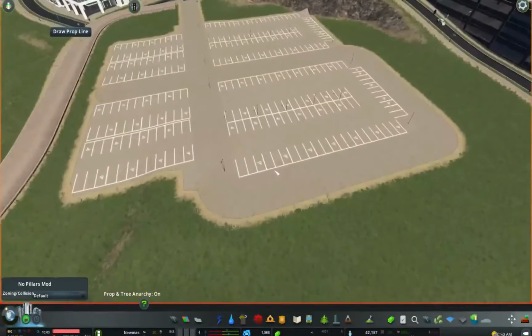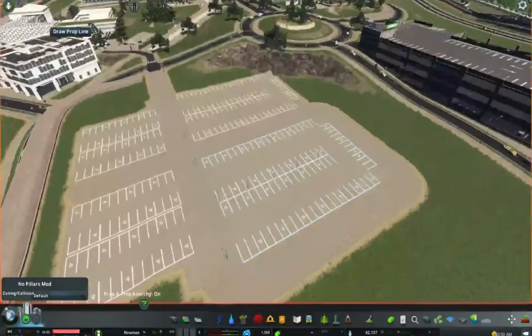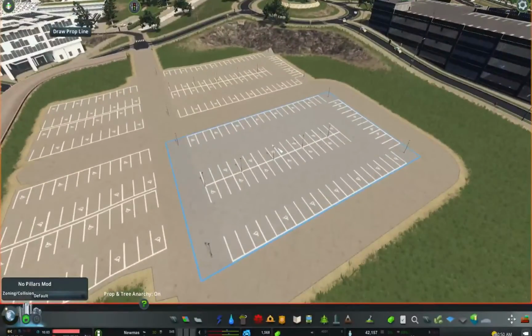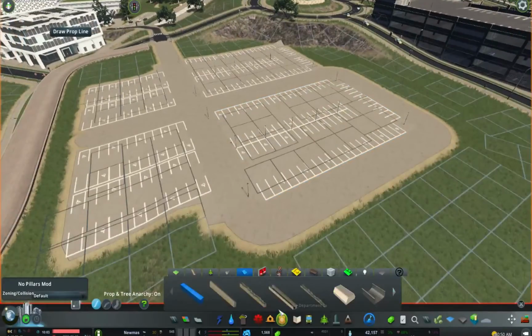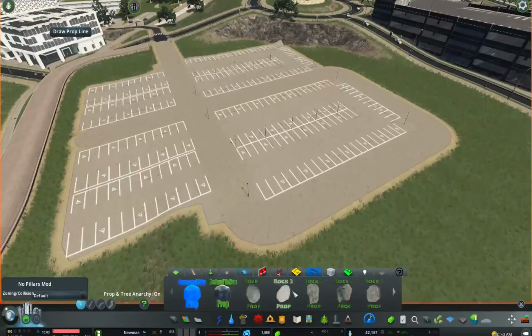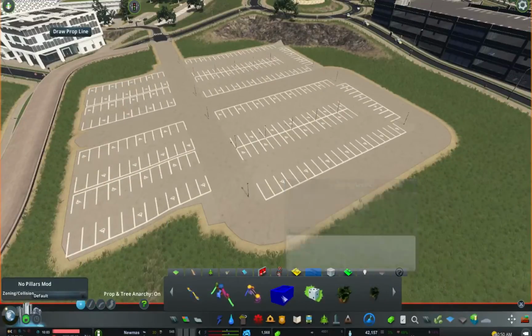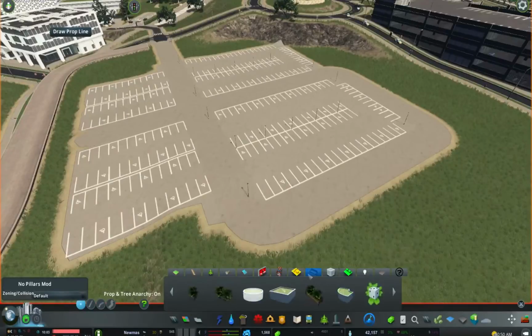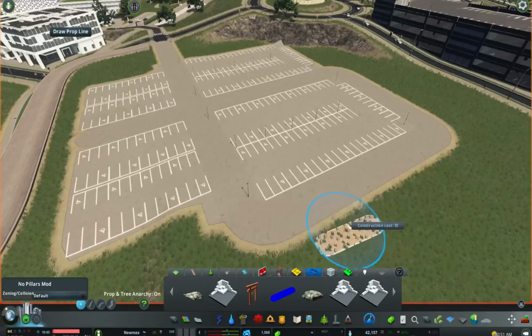So I might even actually do a little bit of detailing on this car park. I think we need some nice trees to act as a bit of shade as well. So let's first get some planters to use. I don't know if I want that one actually. I kind of want something a little bit, not the grass ones because that doesn't make sense, but some of those other ones that I've used before. Actually maybe these. I haven't used these for a while, so let's